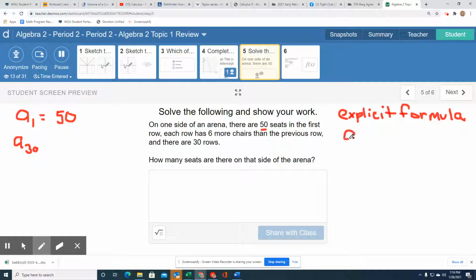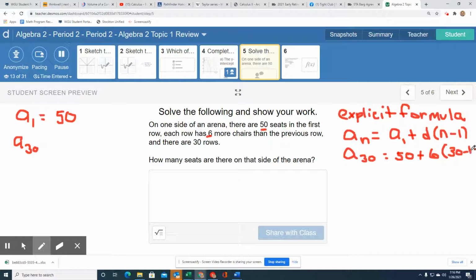So the explicit formula is AN, the term we're looking for, is equal to A1, the first term in the sequence, plus D, which is your common difference, and our common difference is 6, because there's 6 more chairs in each row, times N, the term number we're looking for, minus 1. So we want A30. That's what we're looking for. A1 is 50. The common difference is 6, and N minus 1 is 30